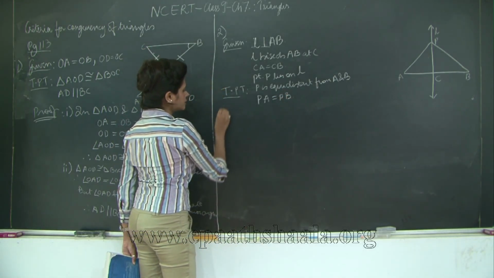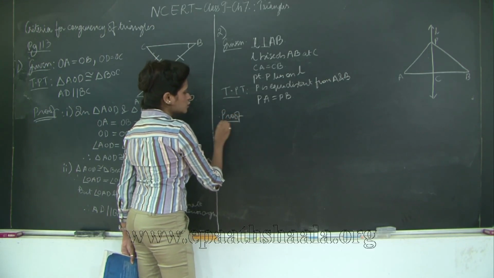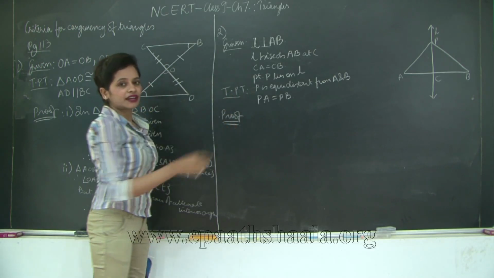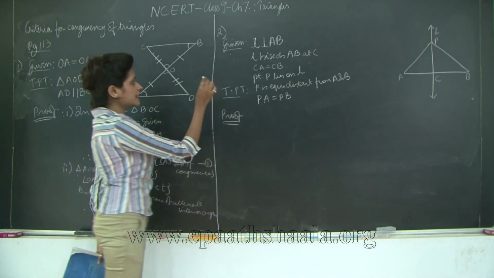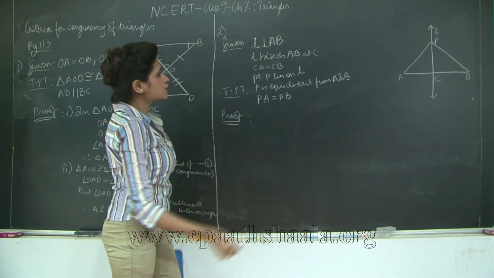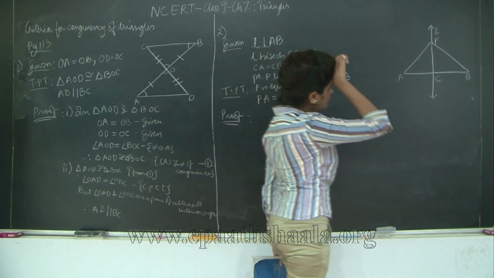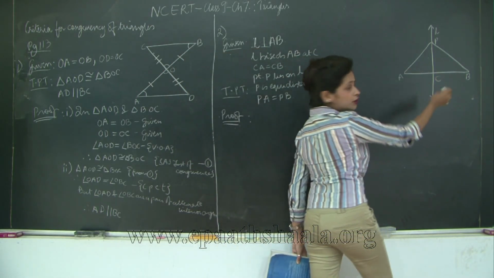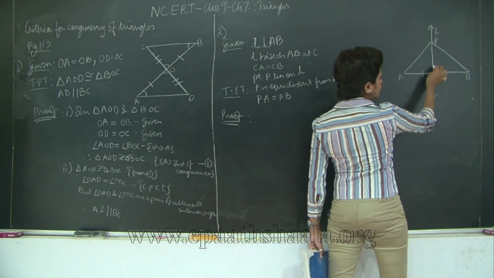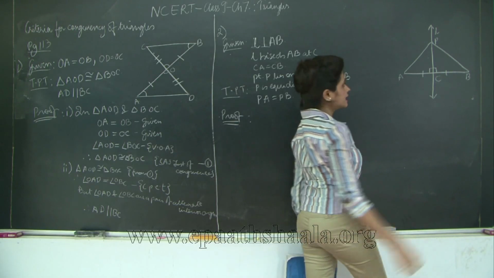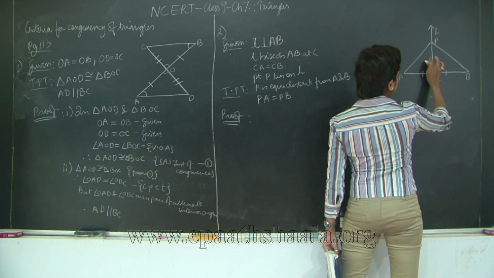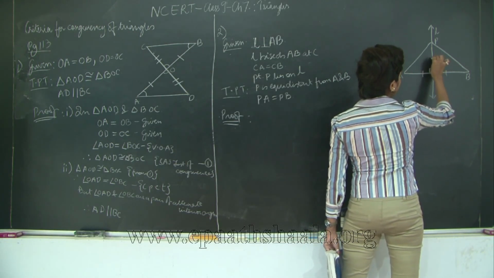I'll say proof. Whenever you've been asked to prove something, you're going to write given, to prove that, and proof. And whenever you're given to find out something, you're going to say given, to find, and solution. Okay. So first of all, let's take the two triangles. Now I have CA is equal to CB. So I'll just mark this. Also, there's a perpendicular over here. So these both angles are 90 degrees and we have PC as the common line, right? So I'm just marking this by a dot.